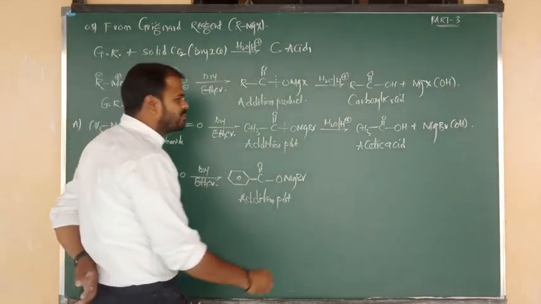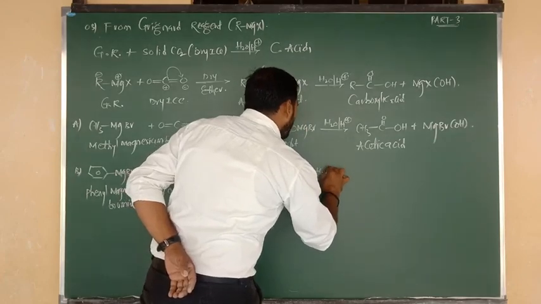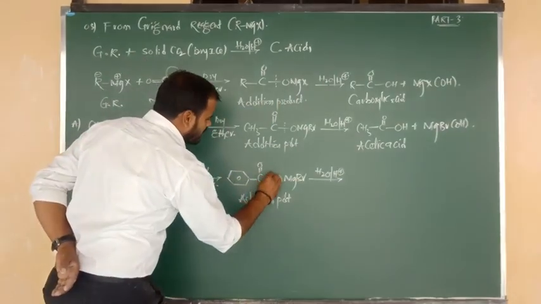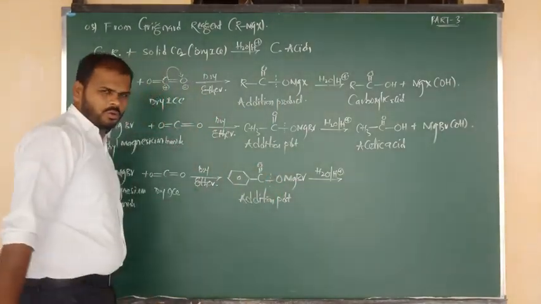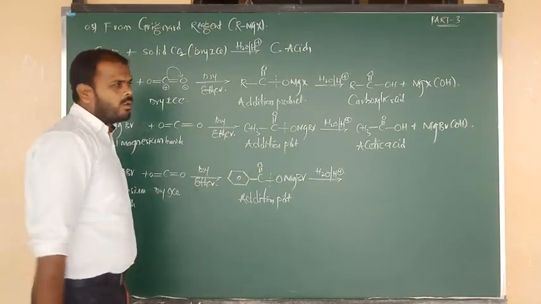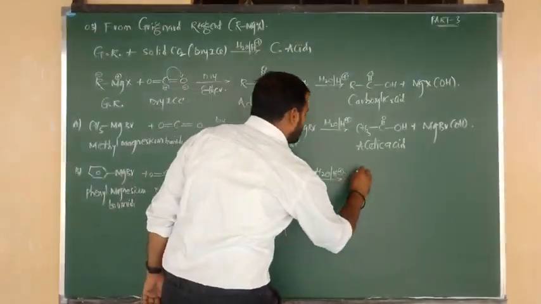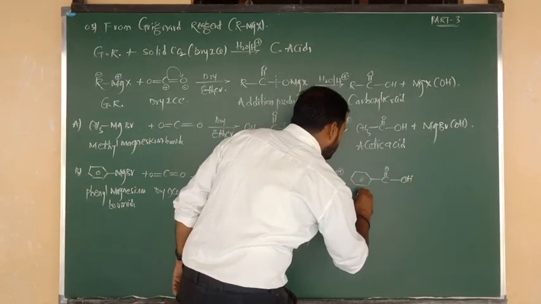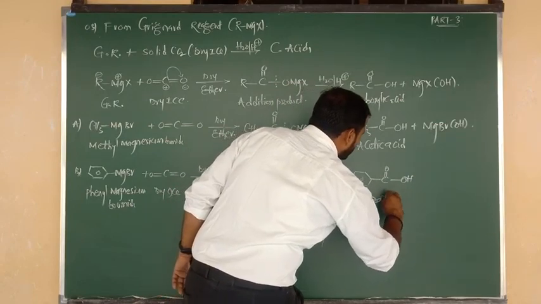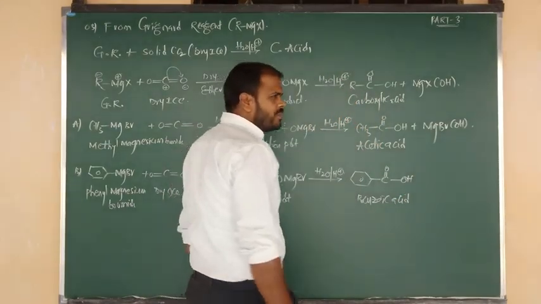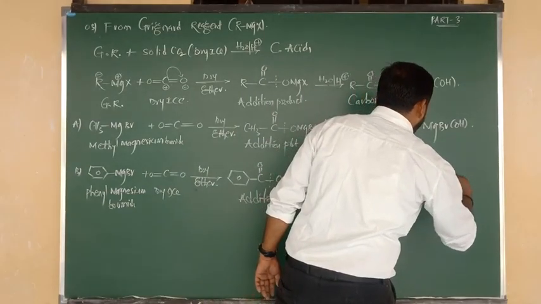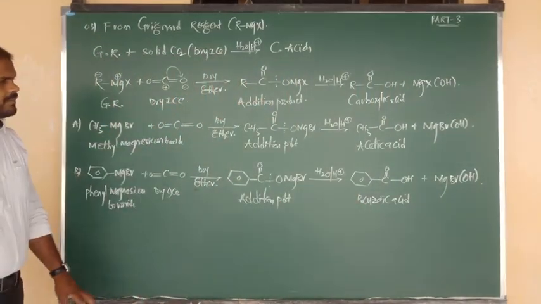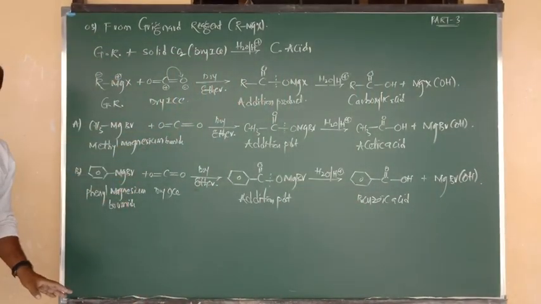Such intermediate addition product then undergoes hydrolysis in an acidic medium. Again, upon hydrolysis we break the bond between C double bond O and the O group. So benzene bonded to C double bond O, connected to OH from water, changes into benzoic acid. The byproduct is common in all three cases, that is MgBrOH. The name of this byproduct is hydroxy magnesium bromide.